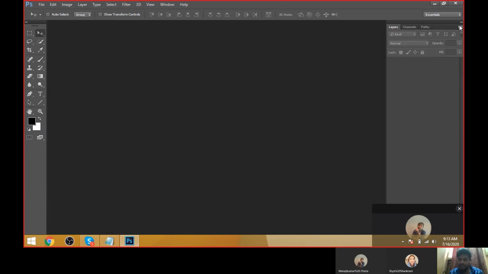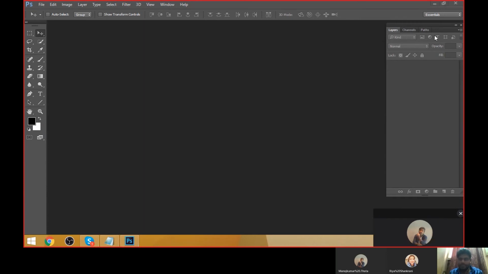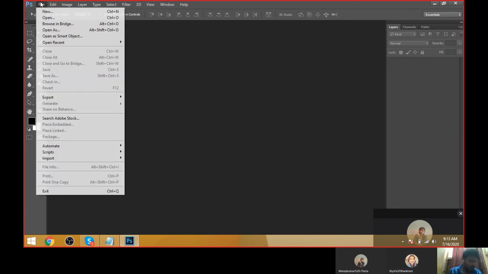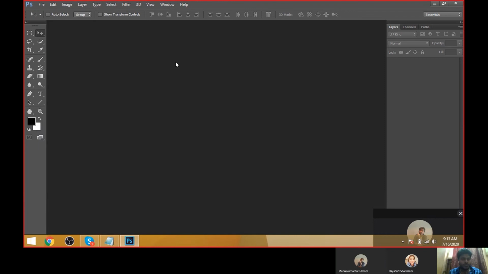Just close the palettes, and we have to work with the layer palette only. These are the user defined palettes. We can define them like this and put them like this. Keep it here. As I already told you, this is a workspace area to design any document, or any designs, whatever they may be. You have to create a workspace and design in that only.